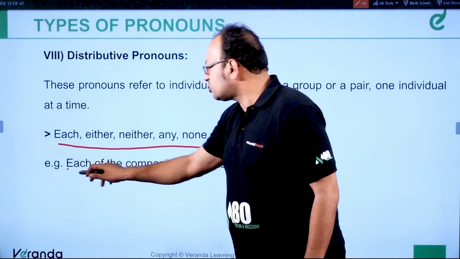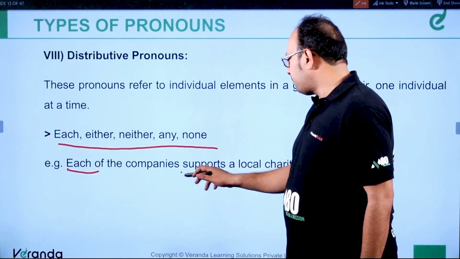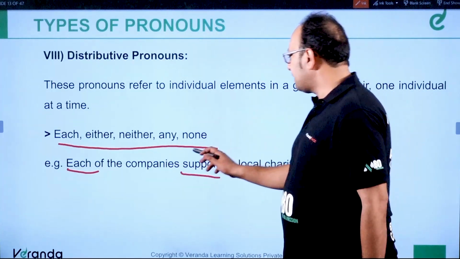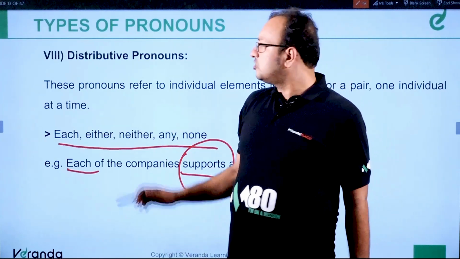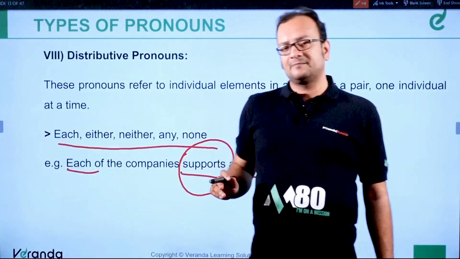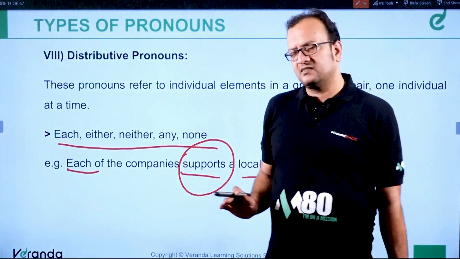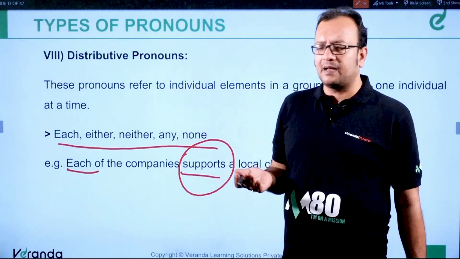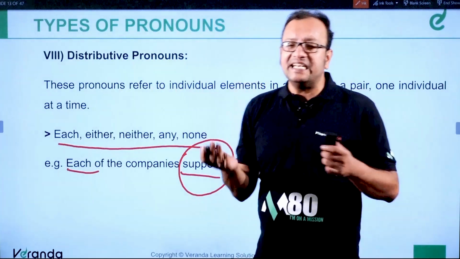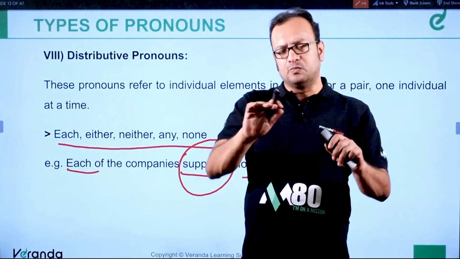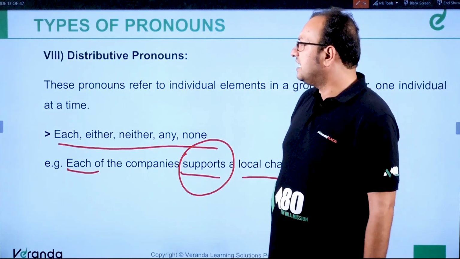For example, each of the companies supports a local charity. So, supports. The verb which is used with the distributive pronouns is always a singular verb. Remember this, in maximum cases. We will discuss some examples in which there can be exceptions, but these distributive pronouns talk about individual entities out of a group. Clear? So moving ahead,